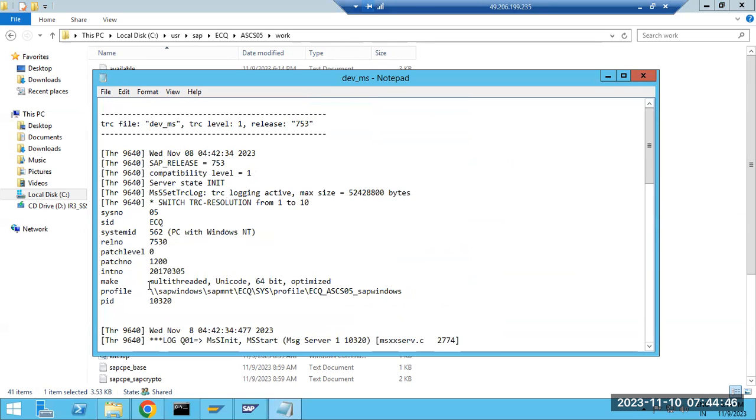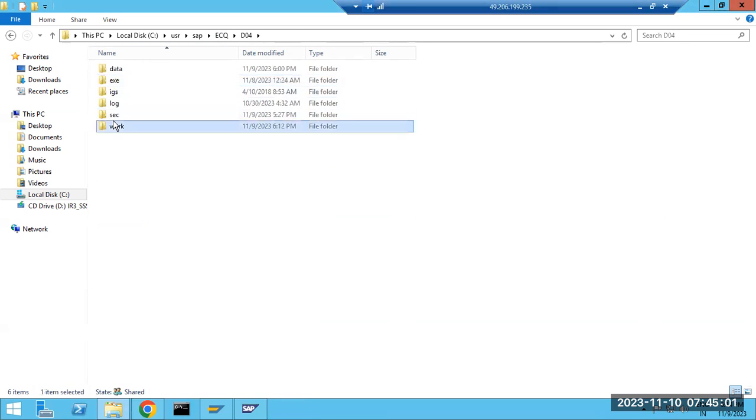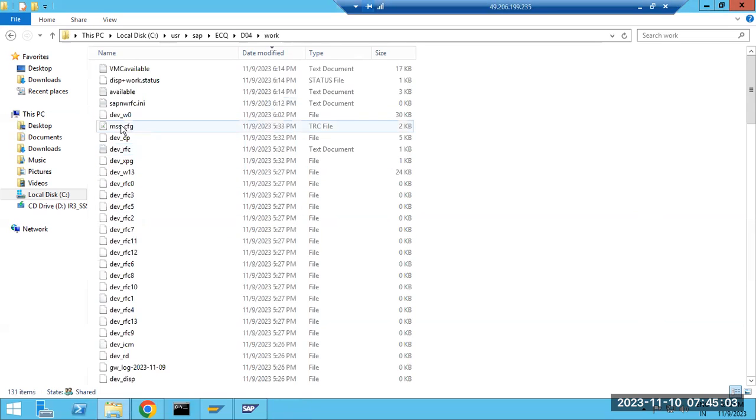But everywhere, if you go, each and every process always looks at the profiles only. Always look at the profiles. So this is the ASCS, the message server, so it will look at the ASCS profile. Then if you go to the instance number work directory, these are the work processes. All the dialog work processes, background work processes, update, all are defined in the application server instance profile.